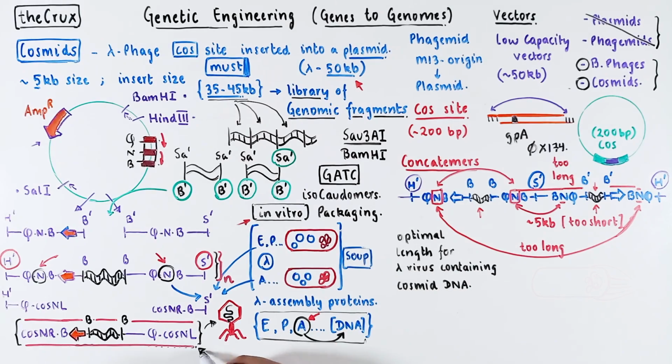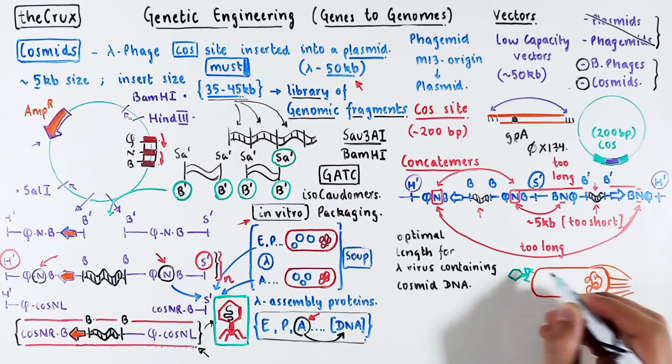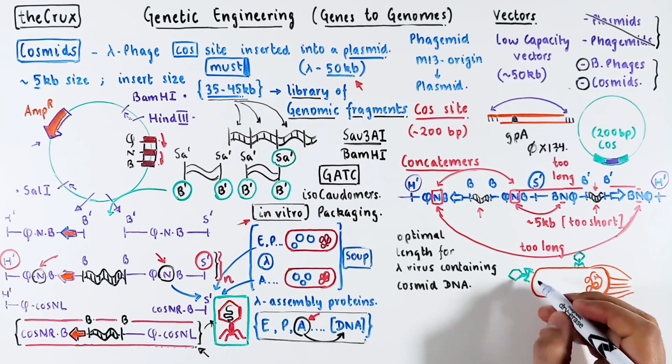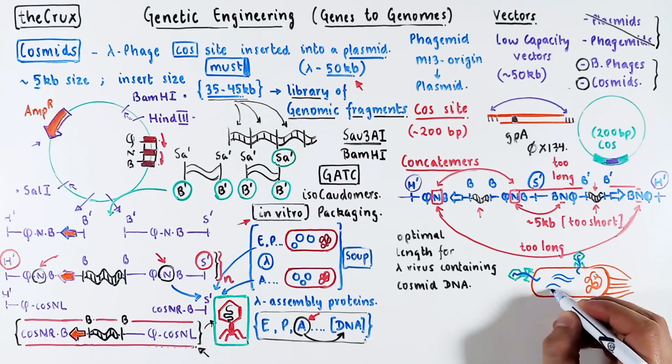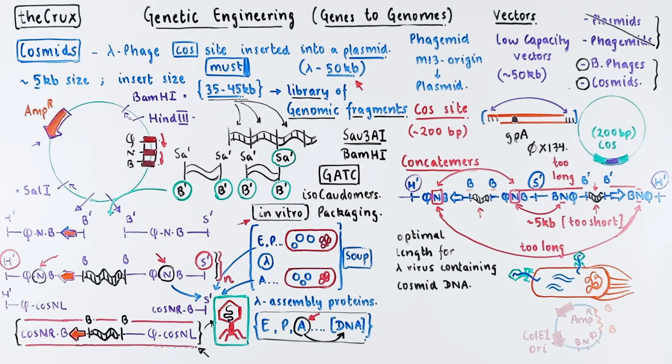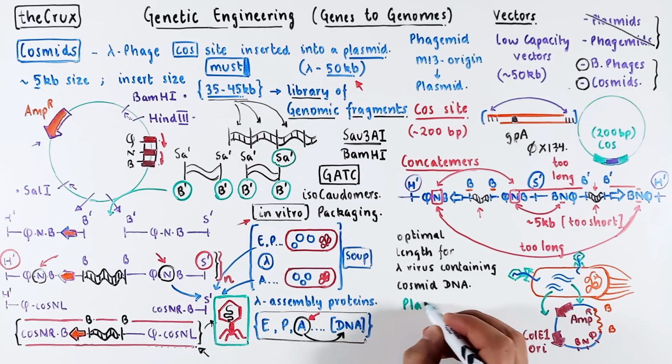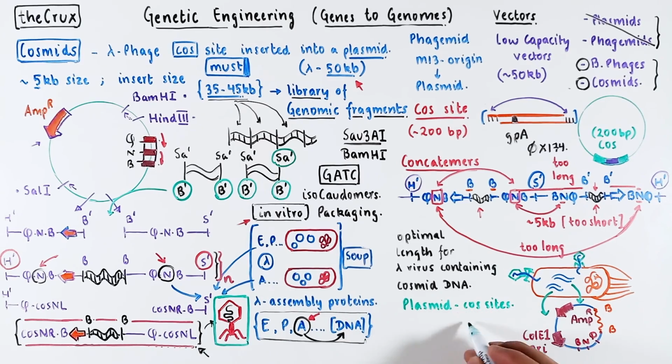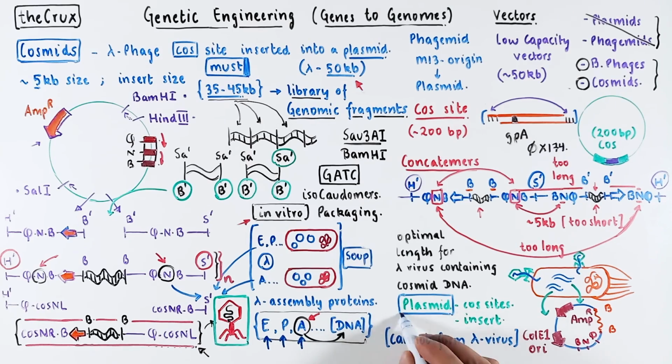virus head. Once you obtain your in vitro assembled virus particle, you can use them to infect your choice of bacteria. This will inject the linear Cosmid DNA into the bacteria. The Cos ends will find each other and circularize, resulting in a circular Cosmid DNA. So in simple terms, this is a large 50 kb plasmid with Cos sites, and it has your inserted DNA. It does not carry any genes to make any of the viral proteins, meaning it cannot form a lambda virus. This Cosmid DNA propagates as a normal plasmid, with a copy number of around 15 to 100 copies, depending on